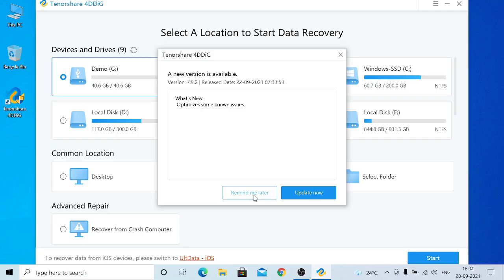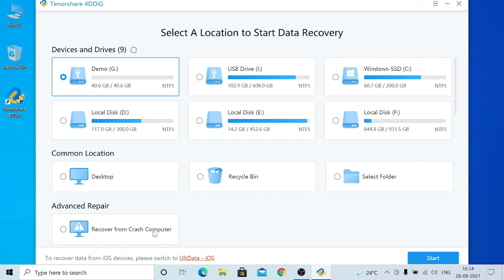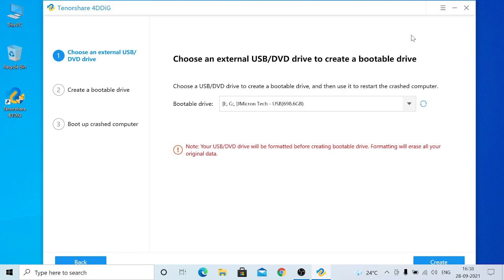And there is one very cool feature in this application that I would love to show you. This feature is really helpful if your computer gets crashed and you want to recover data from your crashed computer. Here you will get one more option, that is recover from crashed computer. Once you select this option, it allows you to create a bootable pen drive. For example, if your operating system gets crashed, you cannot log into your computer, right? So what this pen drive allows you to do is connect it to your computer, get into your hard disks, and very easily recover all the important data.